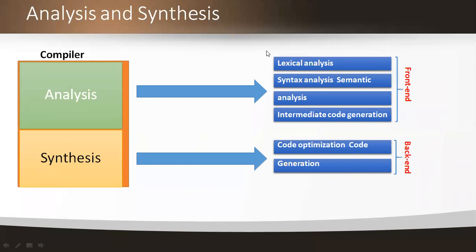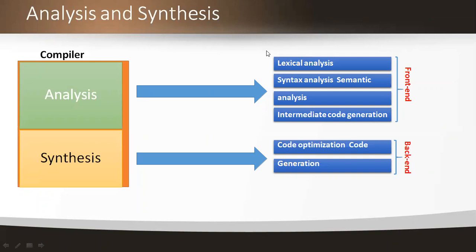And in detail, we are going to learn in the concept of various phases of compilers. There, by taking an example, we will clearly understand how each and every phase is performed and what type of output is generated. And finally, by giving the input program, how the output in machine level language is going to be executed. Here I'm just briefing what the lexical is, what the syntax is, what the semantic is, what the intermediate code generator is, and what the code optimization, and finally what the code generation is.